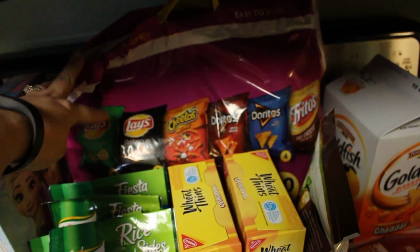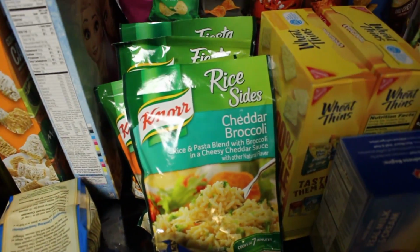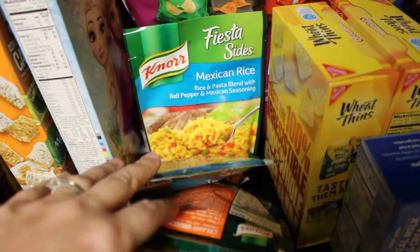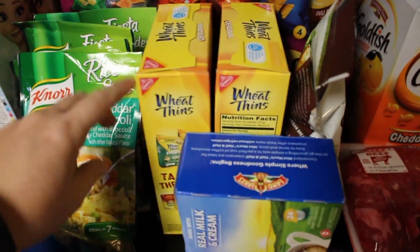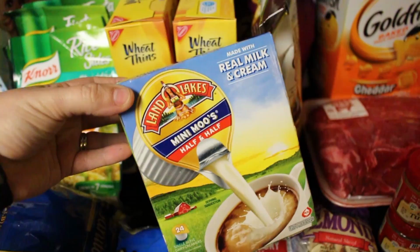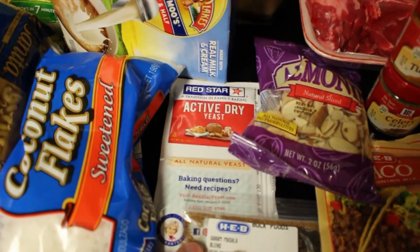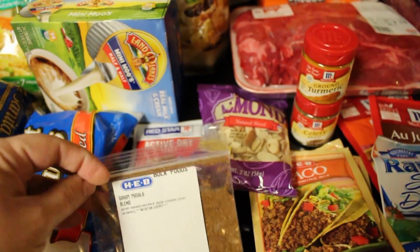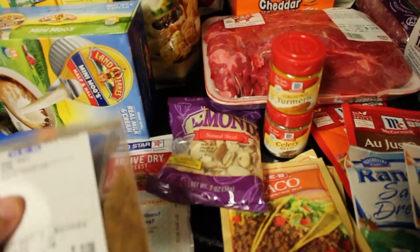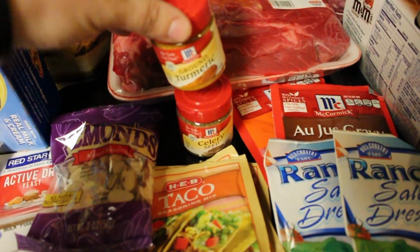Then we have a bag full of individual serving size chips. I have 4 rice sides here: cheddar broccoli, creamy chicken, taco rice, and Mexican rice. 2 boxes of just original wheat thins. Here's my creamer. I just got the half and half creamer for this time. I have some sweetened coconut flakes, some active dry yeast. This is so I can try my hand at making some bread. This is garam masala. It's a spice, obviously. I have some sliced almonds, ground turmeric, celery seeds,